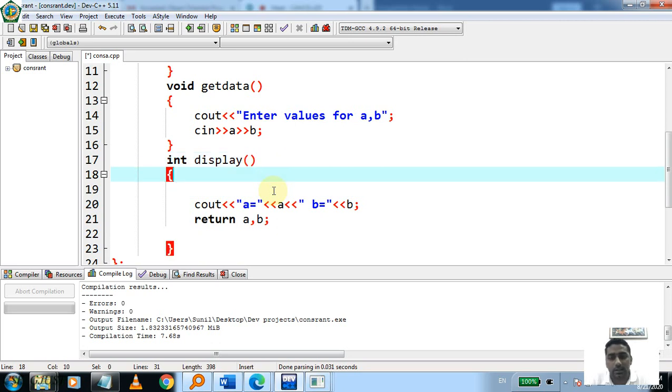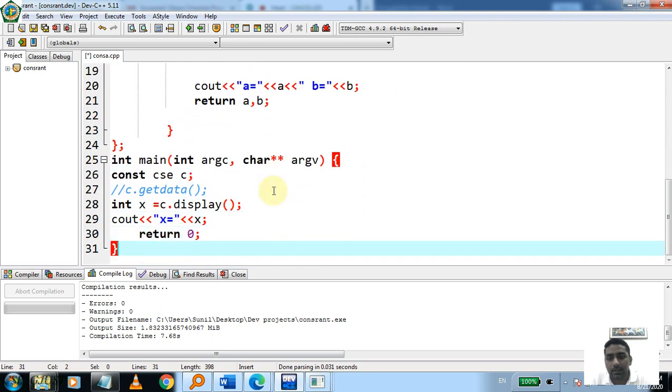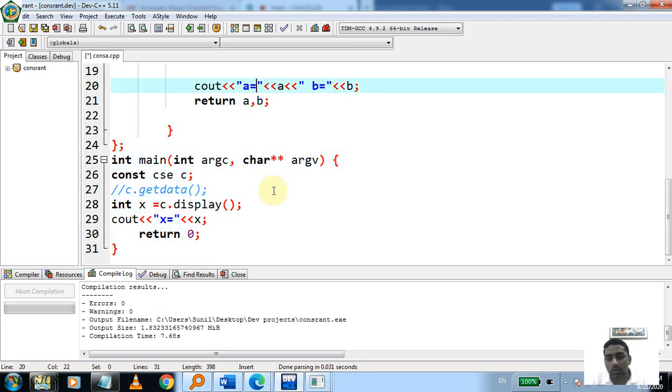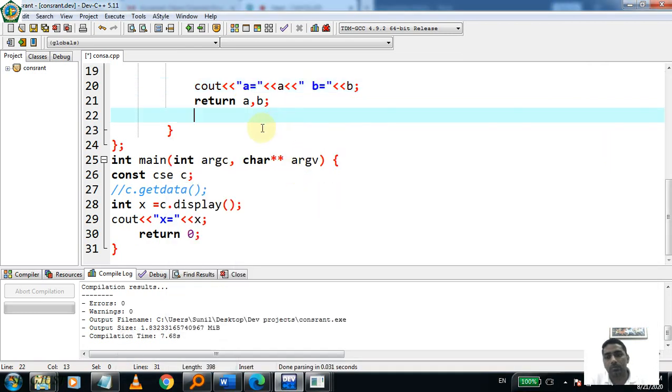Here you can easily understand what we are returning, and it's a little bit advanced. So I will not complete this concept here. I will write it in notepad so that you will not get confused about this. I am creating a program, or I can make a demo. I will not run it.